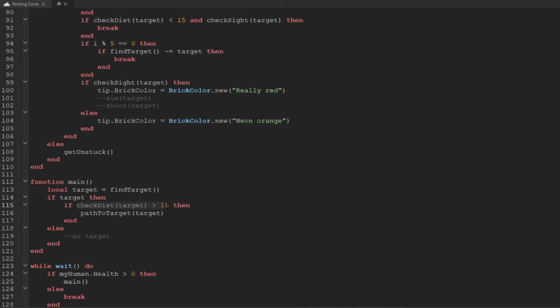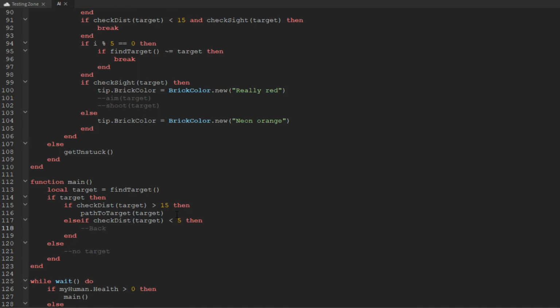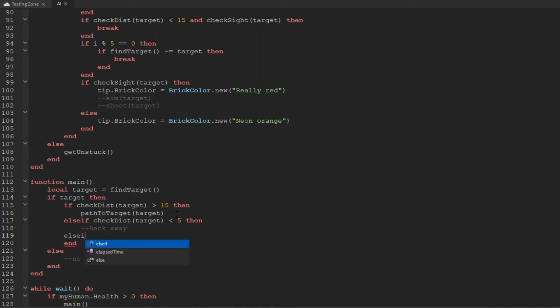So if the target is further than 15 studs away from us, then we'll use our pathfinding function we set up above to pathfind our way over to the target. We'll do else if in here, else if check dist target is less than 5, then we will back away from the target somehow, back away, and then we'll do else if check dist target is